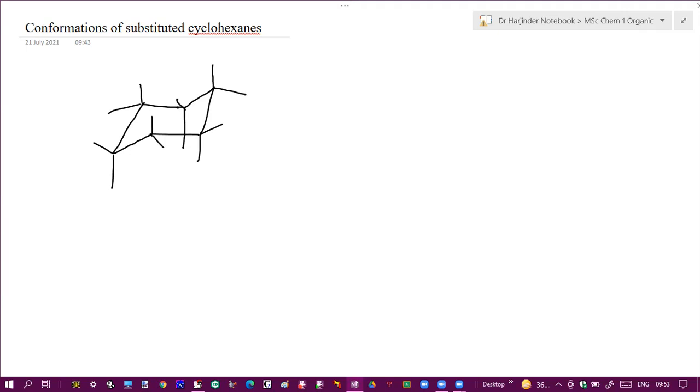Now, if you look carefully, out of these 12 hydrogens, 6 hydrogens point in the upward direction, and 6 point in a downward direction. For example, if you look at this axial bond, in which direction does it point, upward or downward? Upward. So this points in the upward direction. Similarly, this points in a downward direction, opposite to this one.